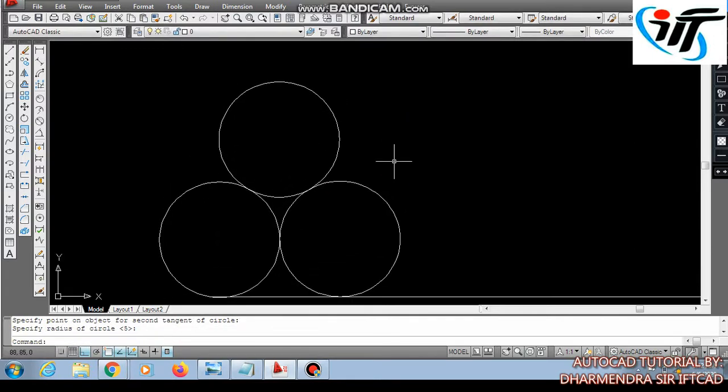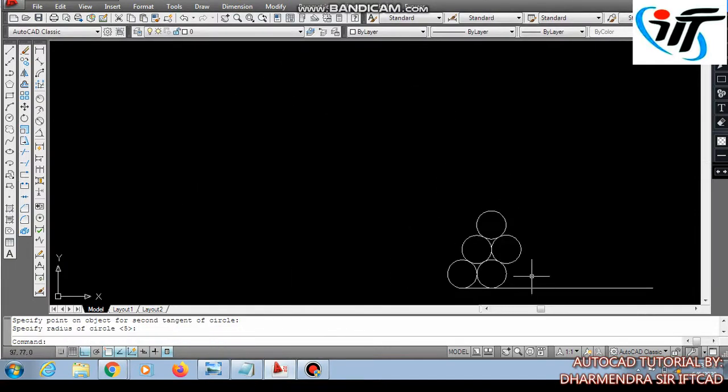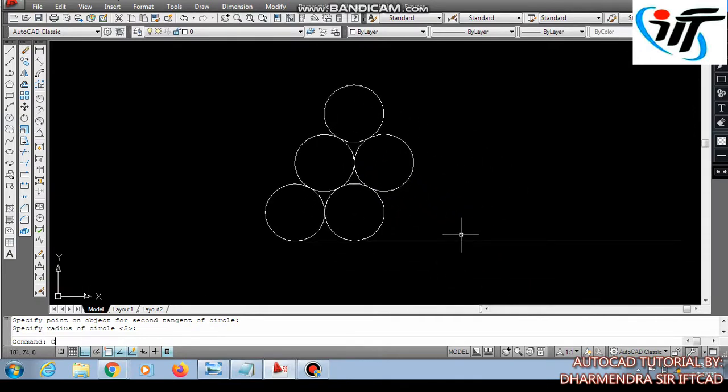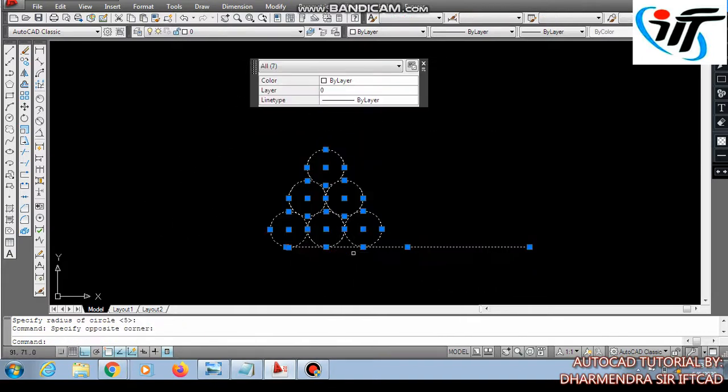This way we can draw a circle. All are similar, their radii are the same. Now you got it. This was all about circles and their drawing methods.